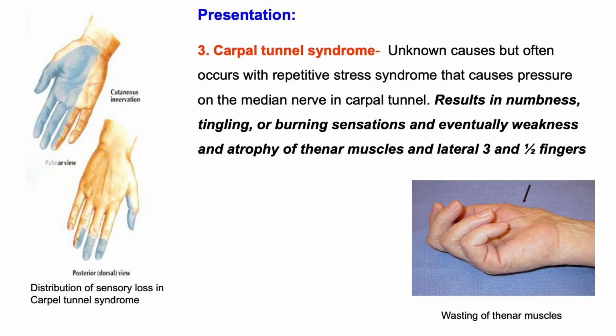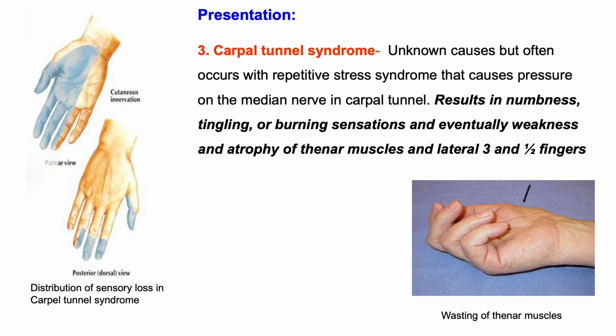atrophy of the thenar muscles and lateral 3.5 fingers. As you know, the median nerve, as it passes under the flexor retinaculum within the carpal tunnel, supplies the three thenar muscles and the lumbricals, and also it gives digital cutaneous branches, which supply the lateral 3.5 fingers. So whenever there is compression in the median nerve, these structures are affected, but there is no loss of